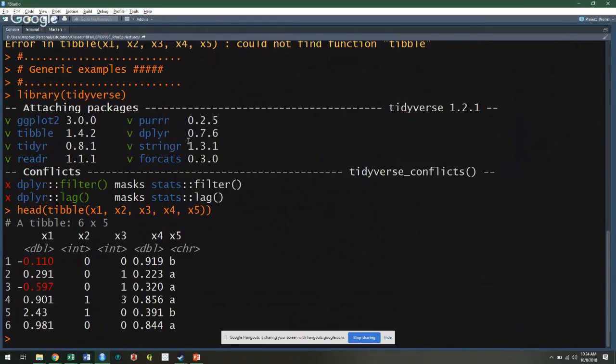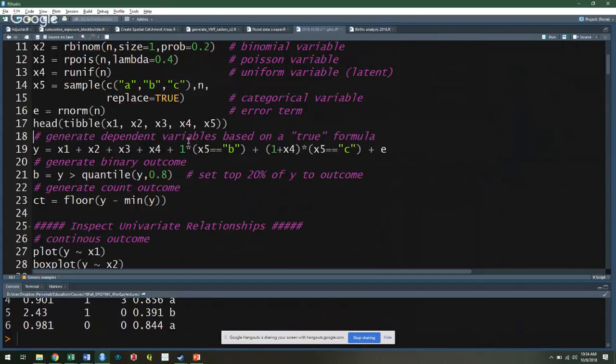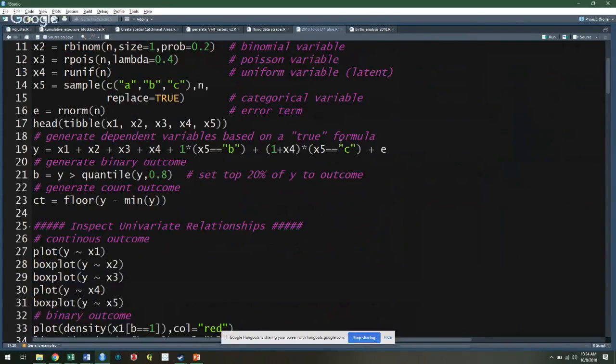This is a data frame. So x1 is a variable distributed like this. x2 got ones and zeros. x3 has got more points. x4 again is evenly distributed. x5 is A, B, and C. We just got some variables to work with. It doesn't really matter what they are. So from that we can define